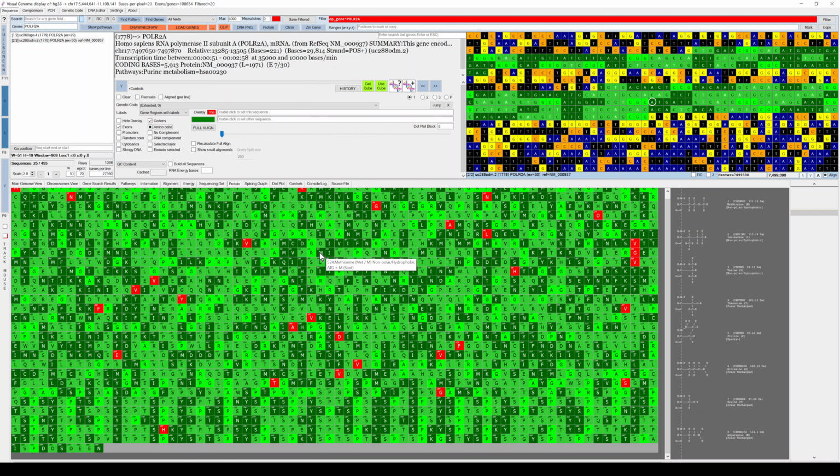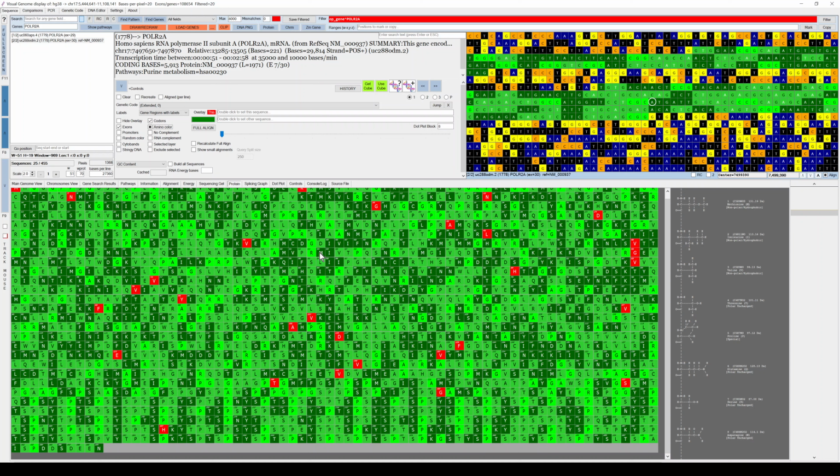What this is actually showing is the codon usage. Because the last base in every codon can essentially be changed to a different base and still code for the same amino acid, which we call a synonymous base.